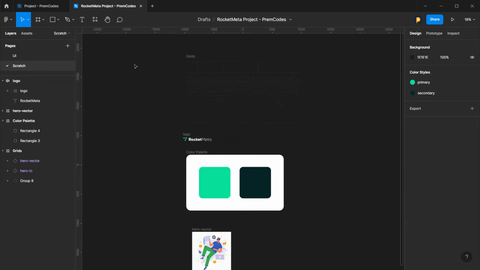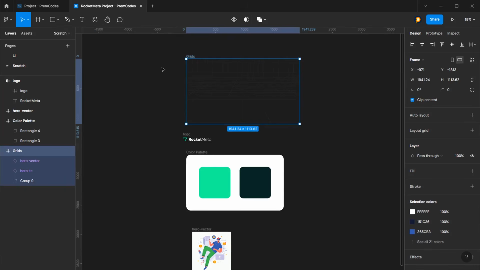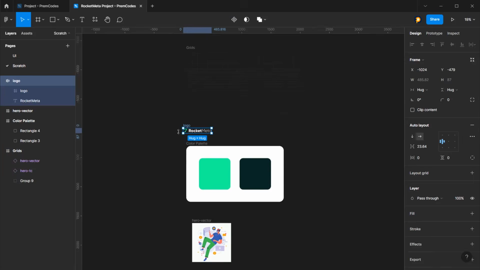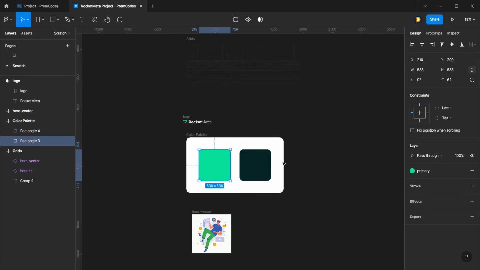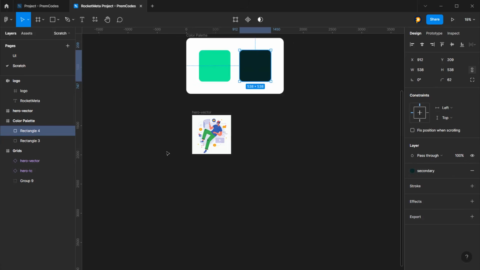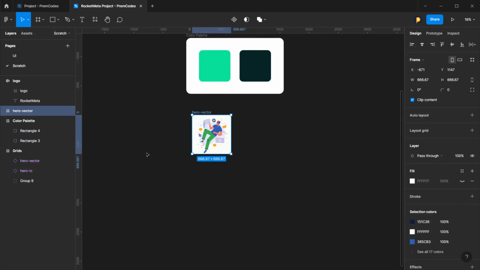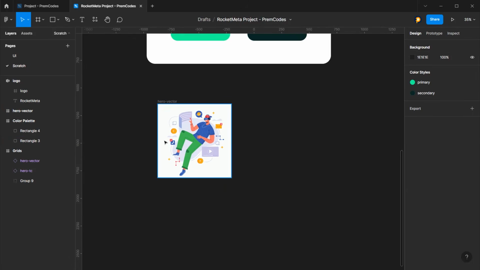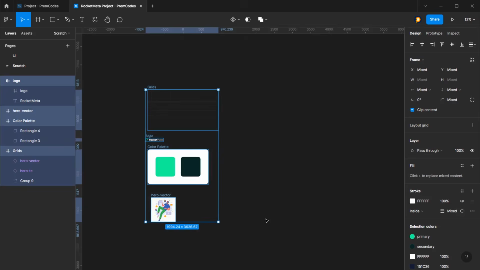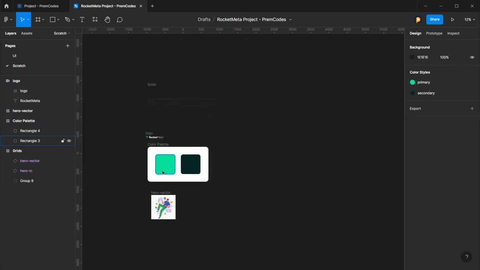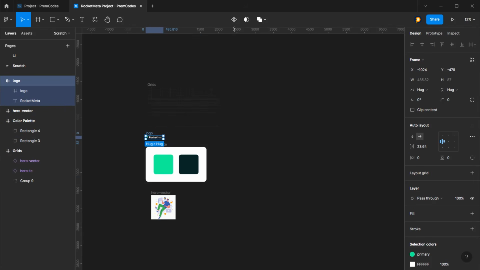We have a few things from scratch, like we have grids, and we have this logo. We have a color palette that we have already made styles for, and we have this hero vector. We will not be using the white background. We'll remove that later on, but these are the things that we have. So what we can do now